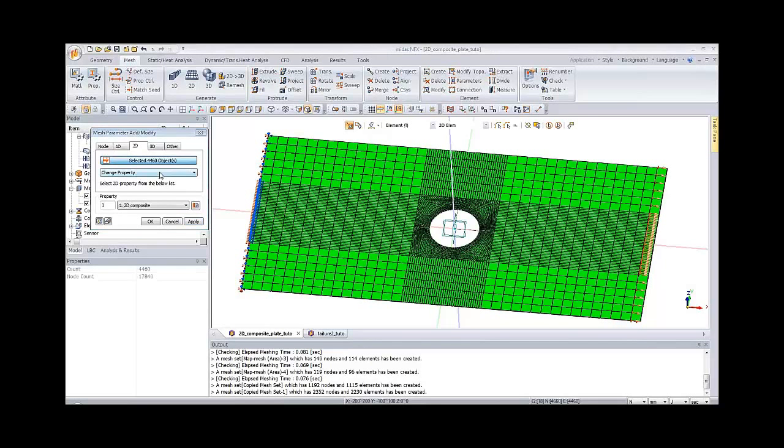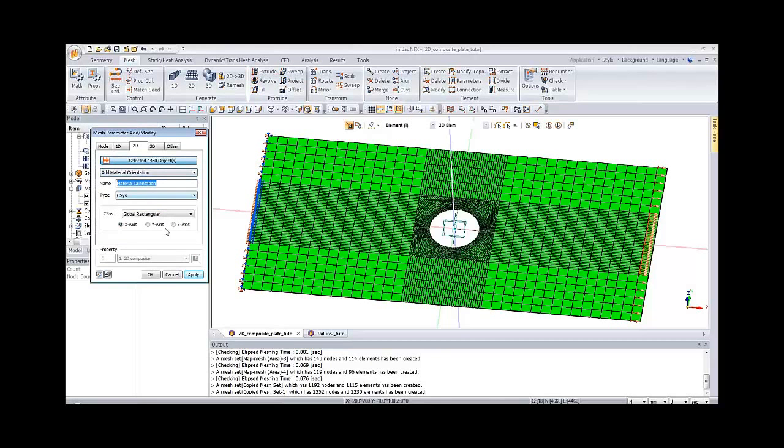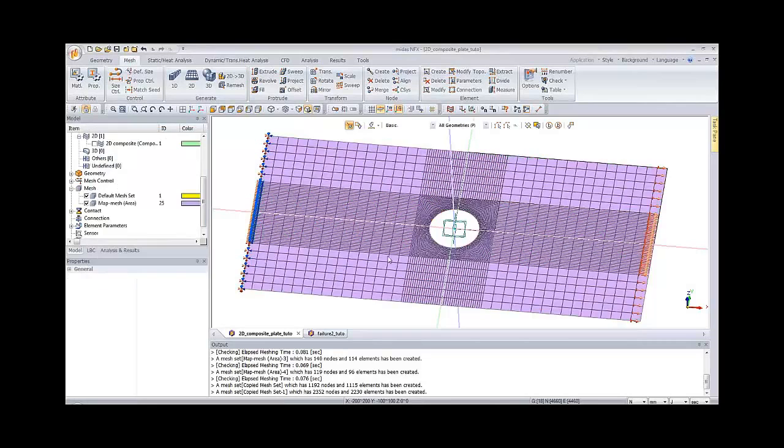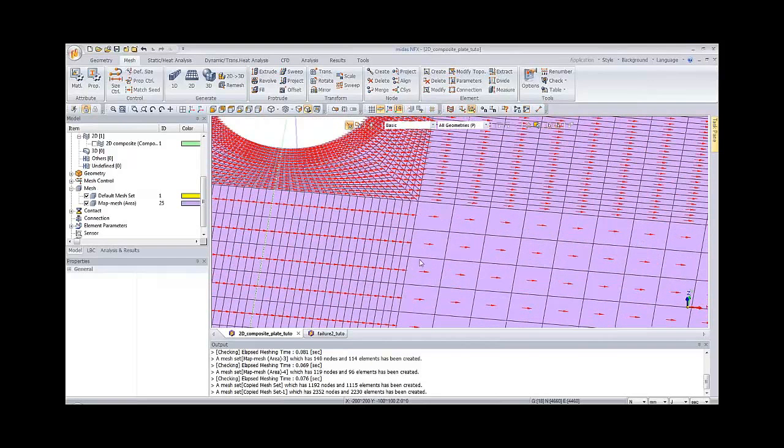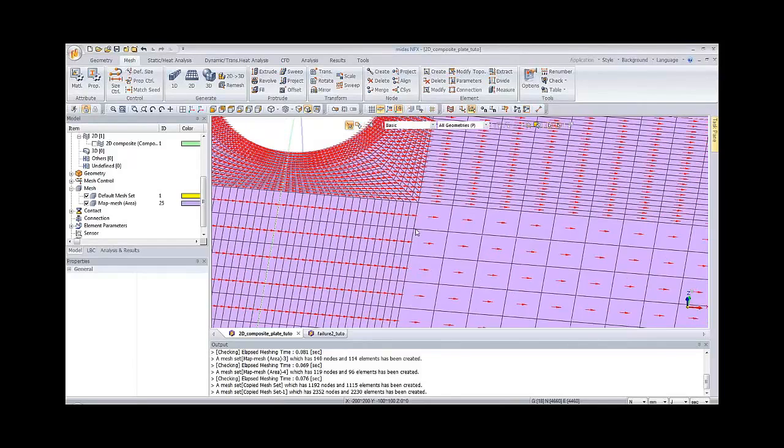So here I will put all the elements in the X axis, so you can preview. Okay. And if I activate again, you see that now it's correctly set. So all the orientation of the material is in the same direction as the load. Okay, I activate that again.